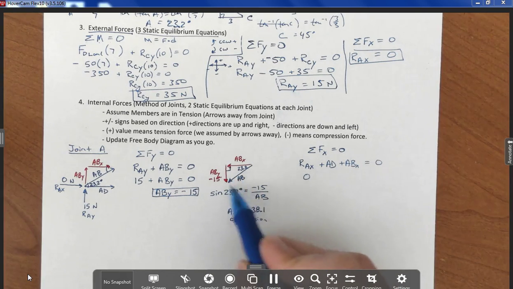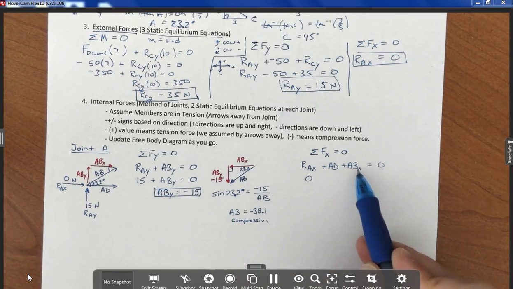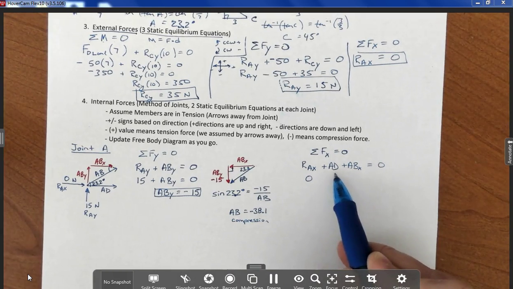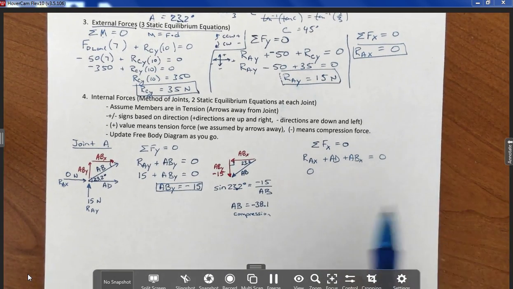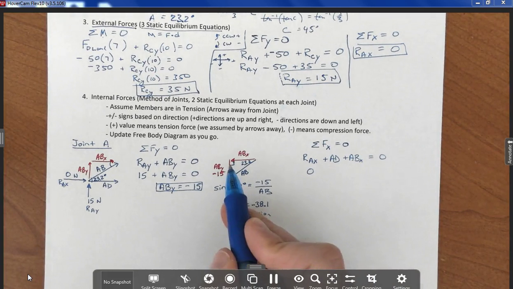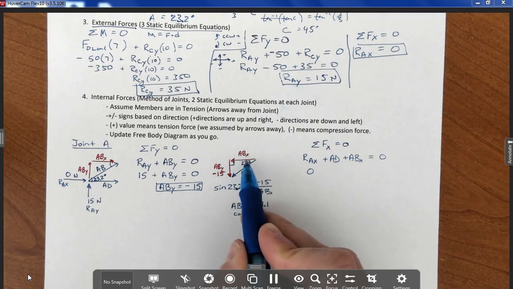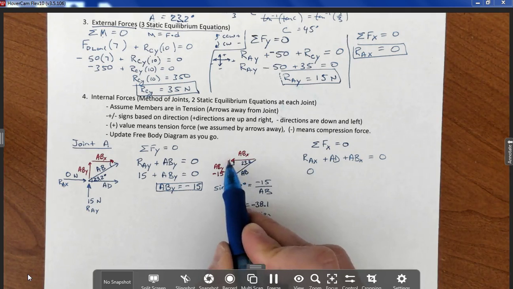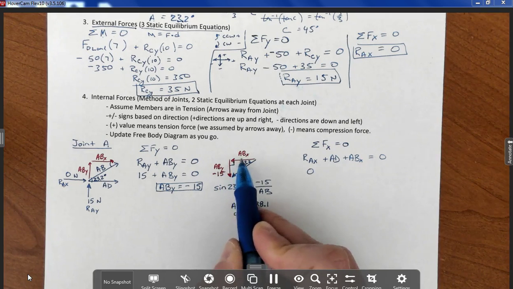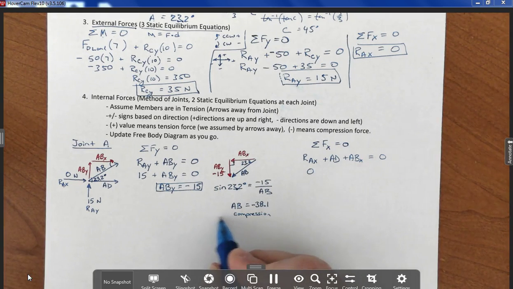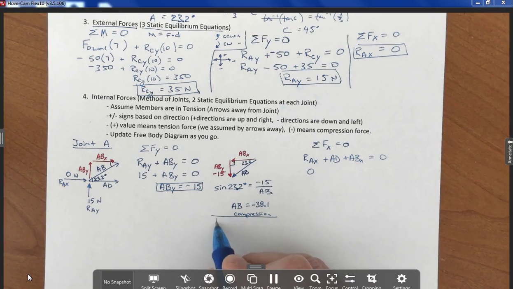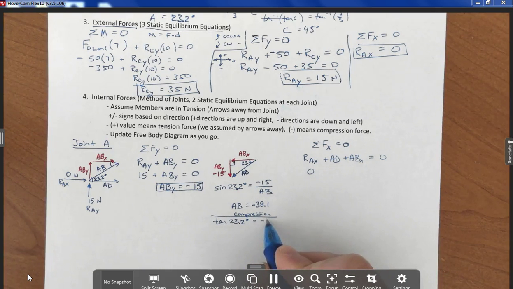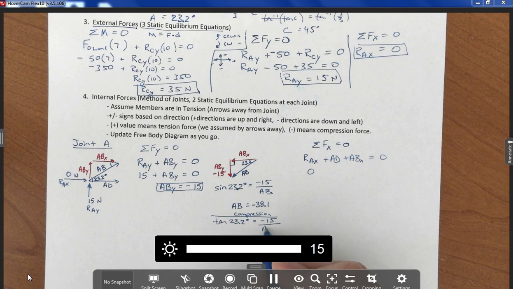So if I can use a trig equation to find ABX, I'll only have one unknown, and then I can find AD. Okay, so let's go right back to here. ABX, that is the adjacent leg to this angle, adjacent. This is the opposite. Opposite and adjacent is tangent. So you can use the tangent of 23.2 degrees is equal to the opposite over the adjacent, which is ABX,